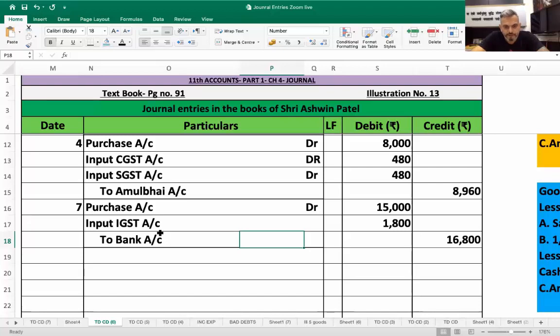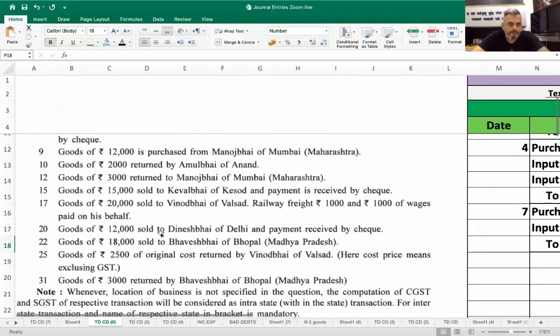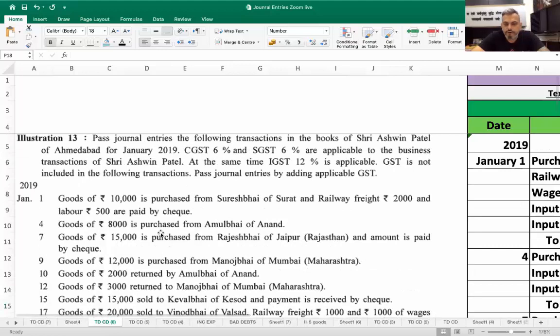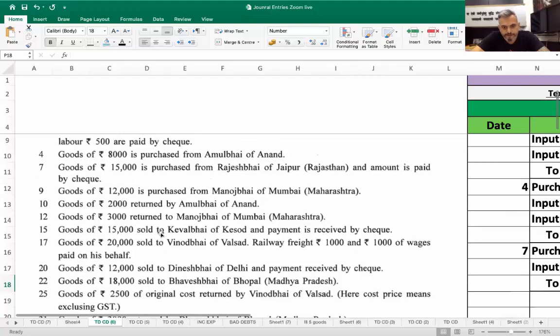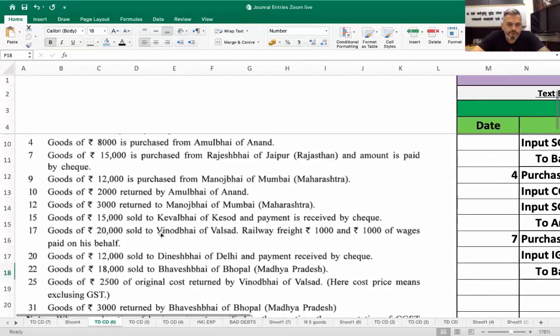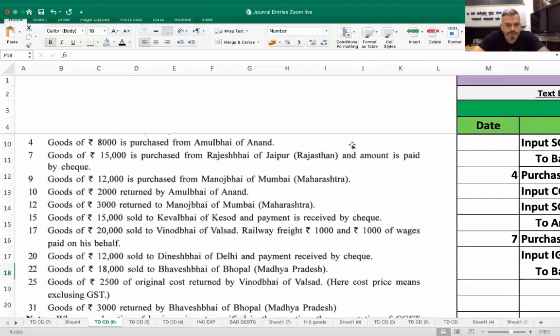Should I proceed now? Yes. Okay. And if you don't know anything else, just write "being" and the transaction. Okay, that's also fine. Now the 9th one, goods of 12,000 is purchased from